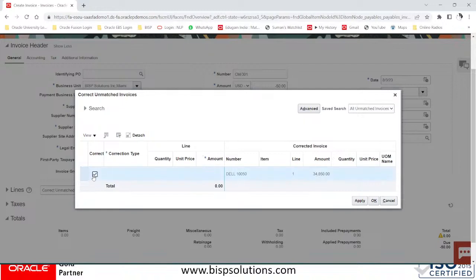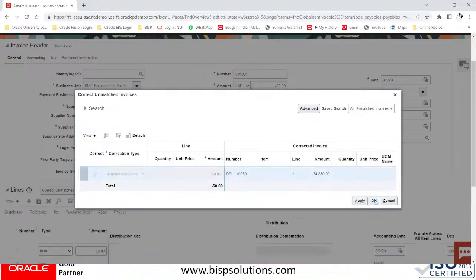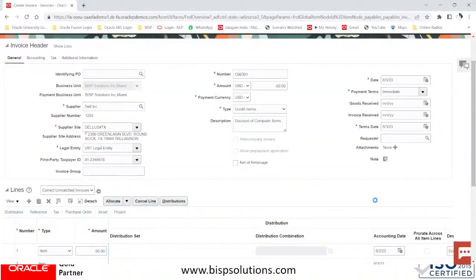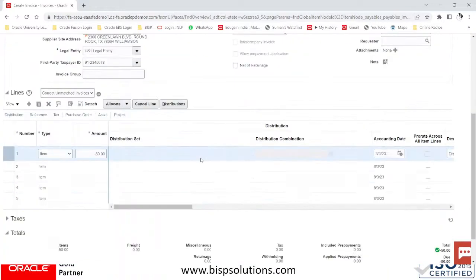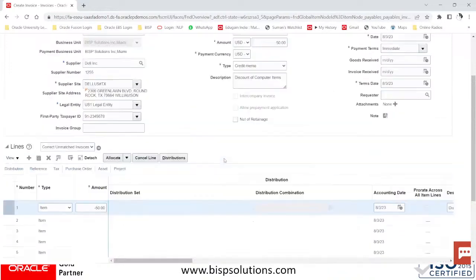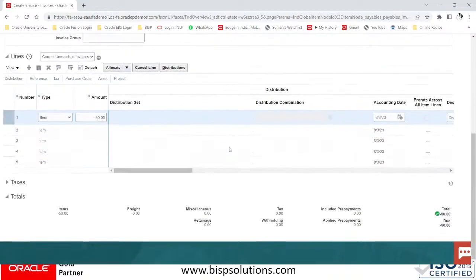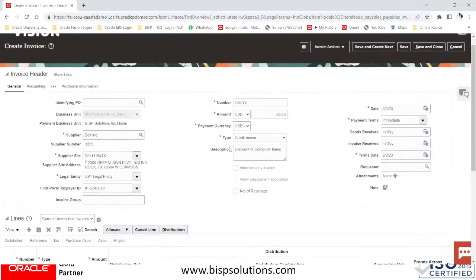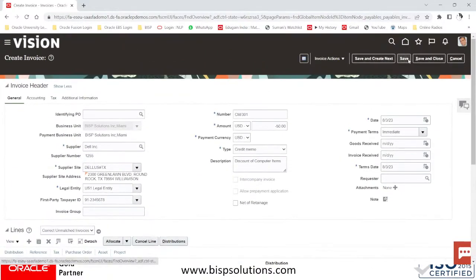So we will correct the same again and provide the minus 50, right? So minus 50, and apply the credit amount, say OK, applied, and say OK. So in both cases you can see we will put the negative value, right? So in the line as well as in the header we will provide the negative value. So negative amount we will provide, and save the same,